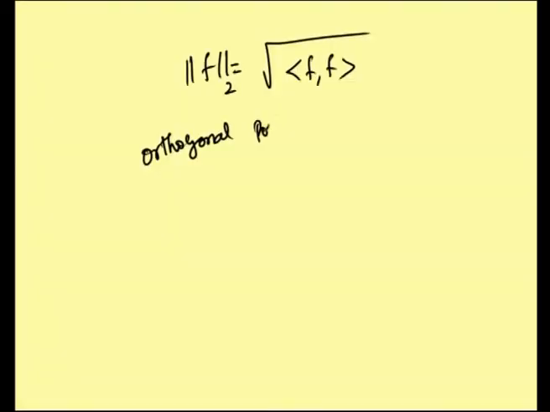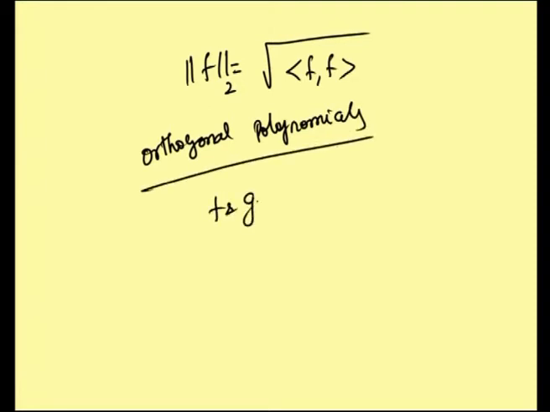Now we enter into the definition of orthogonal polynomials. We say that f and g are said to be orthogonal if its inner product f comma g is equal to 0. Okay, and it is said to be orthonormal if you have norm f is equal to 1, norm g is equal to 1. Okay, that is when you take inner product of f with another function, then it becomes 0, and when you take inner product of the function with the same function, then it is equal to 1.